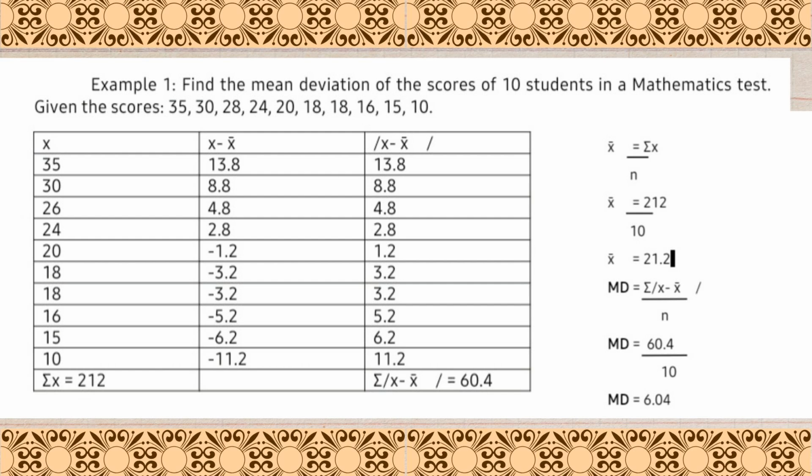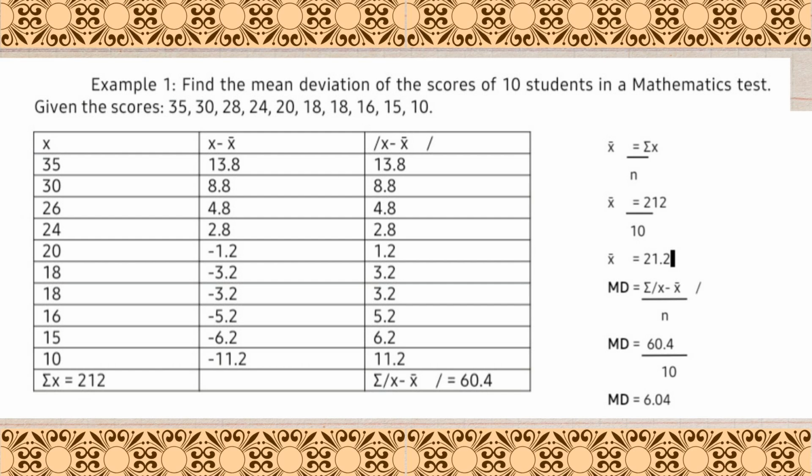According to the table, the mean is 212 divided by 10 because 10 is the total number of students in the mathematics test. So 212 divided by 10 is equal to 21.2. And then the next step is subtract the mean from each score, take the absolute value and add them all up, then divide by 10. So according to the table,